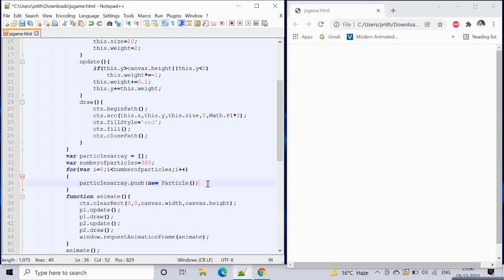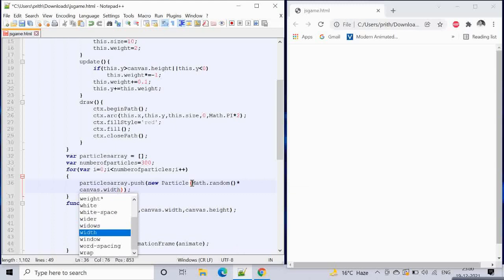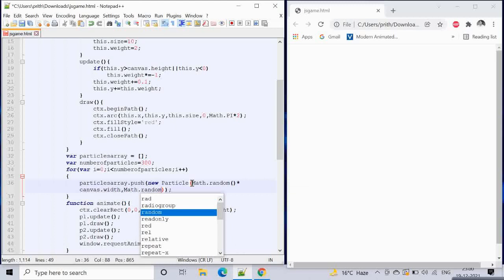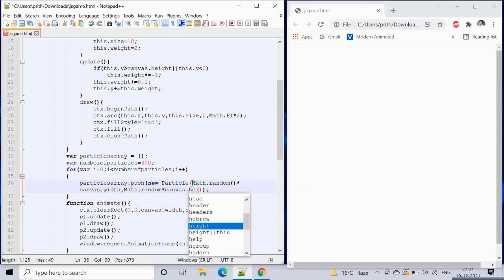In this case we want a random value of x and y, not the hard coded value. For that we can give Math dot random multiplied by canvas dot width, and Math dot random multiplied by canvas dot height, that will also generate a random value.